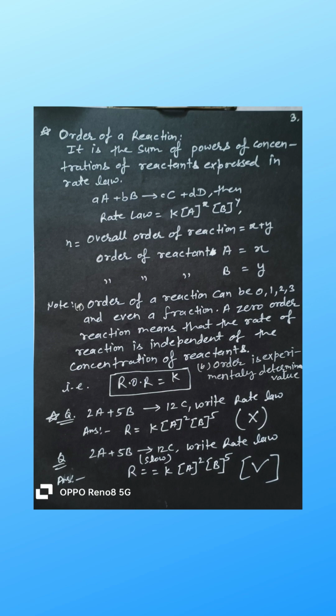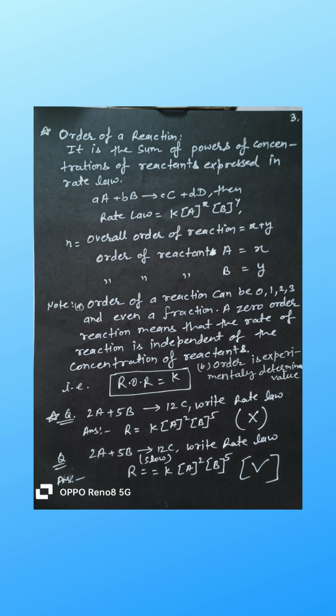Suppose reactant A and reactant B react to form products. The rate law is written in words as, rate is equal to rate constant multiplied by concentration of A raised to some power and concentration of B raised to some power. Now listen carefully. These powers are not taken from the numbers written in the reaction. These powers are found only by experiment.